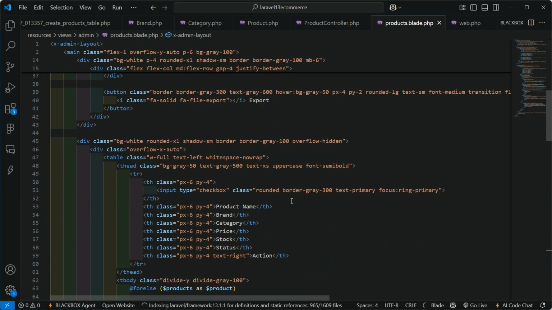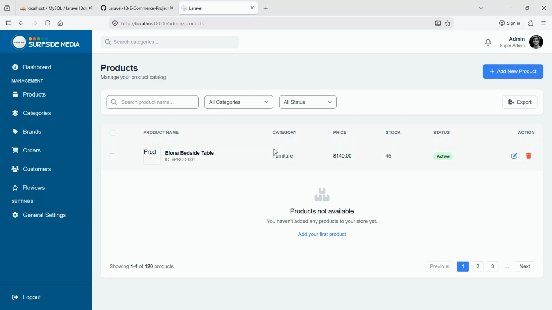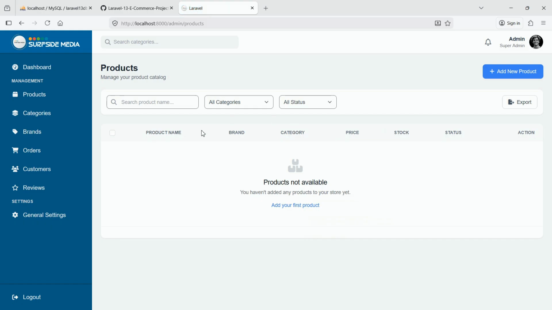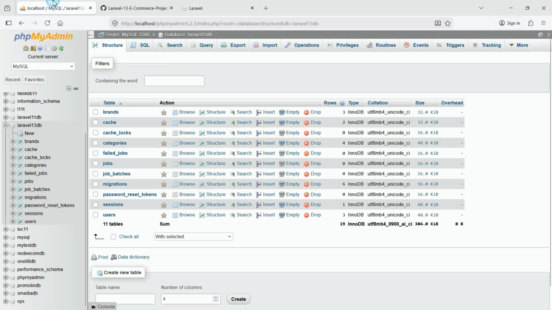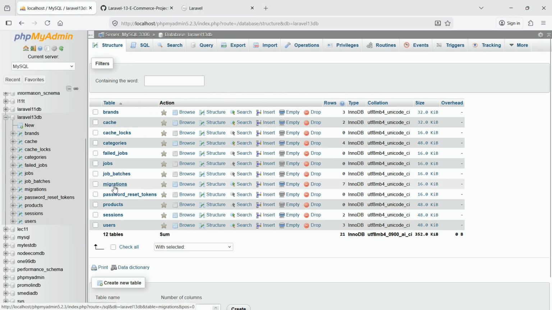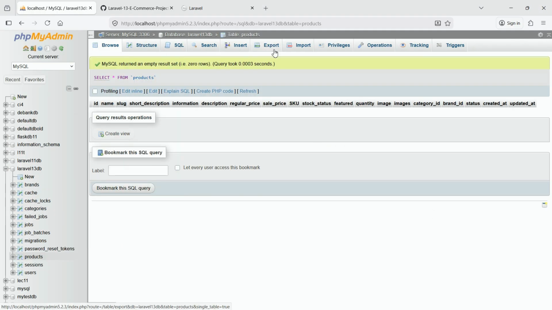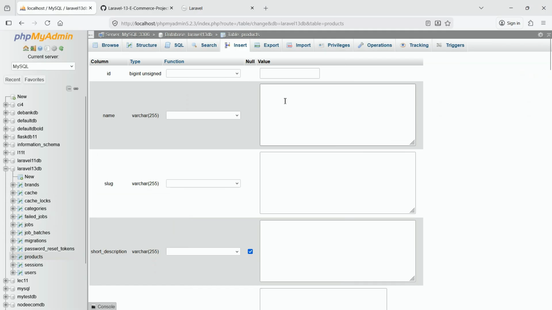So let's check. So go back to the browser and just refresh the page, and you can see this time it's only showing products not available because inside the product table there is no record. Okay, let's insert one record inside the products table. So just browse the product table, click on browse. Let's insert one record here. So write here name product1, slug